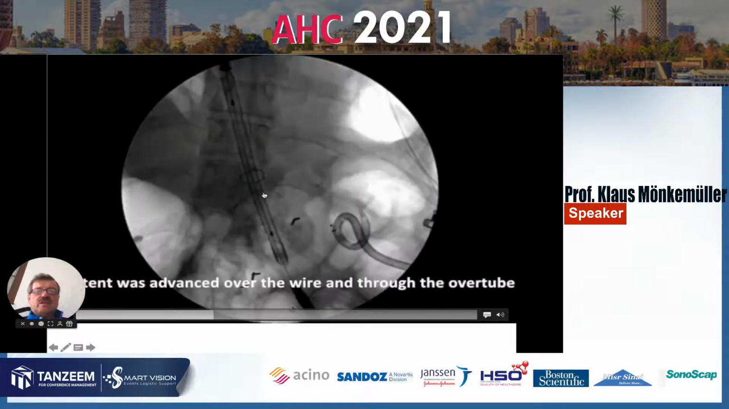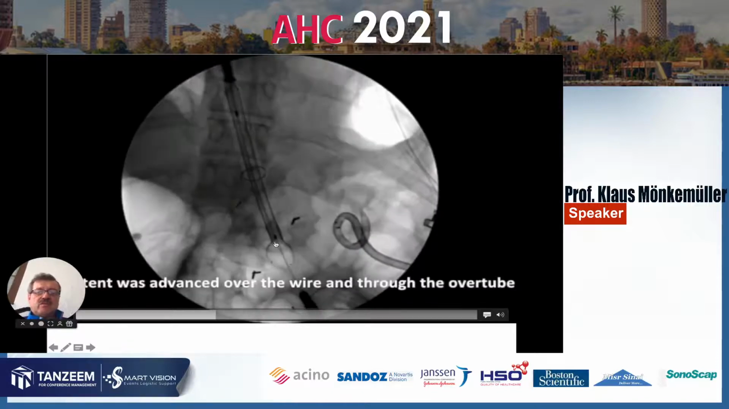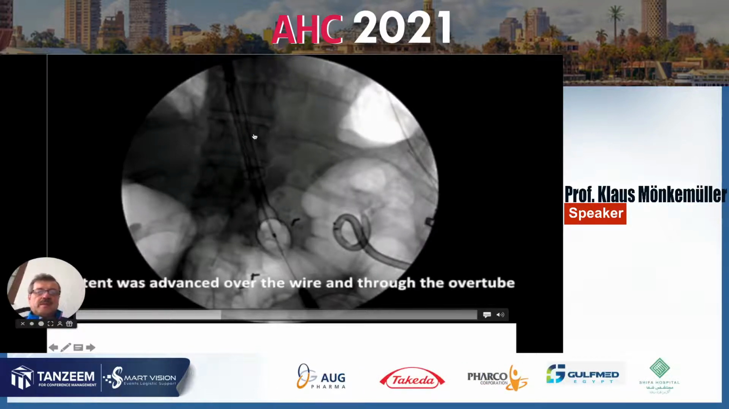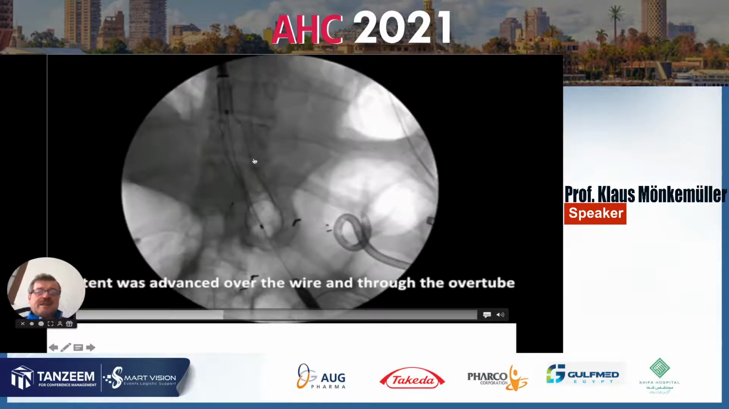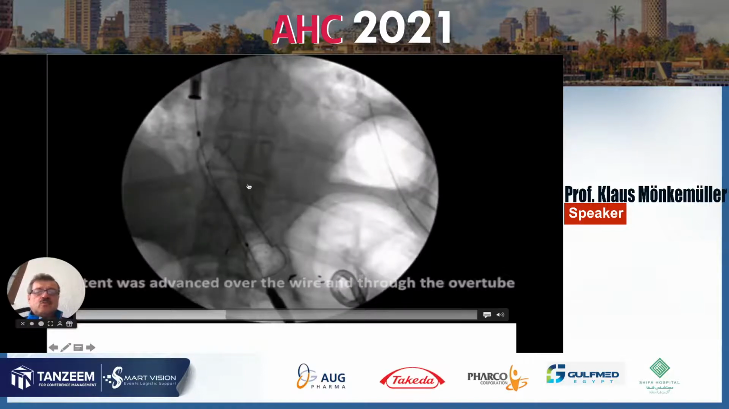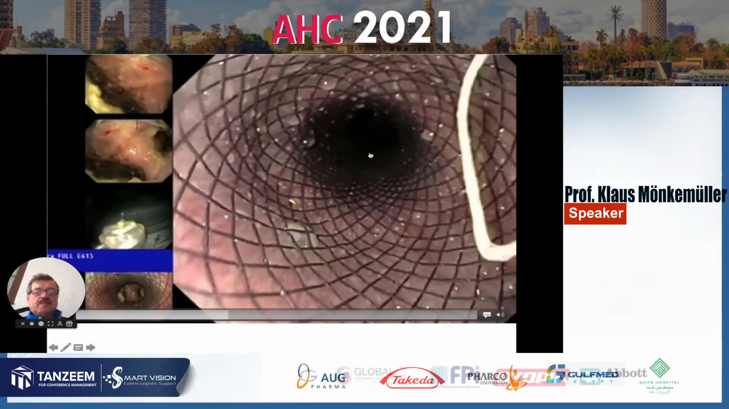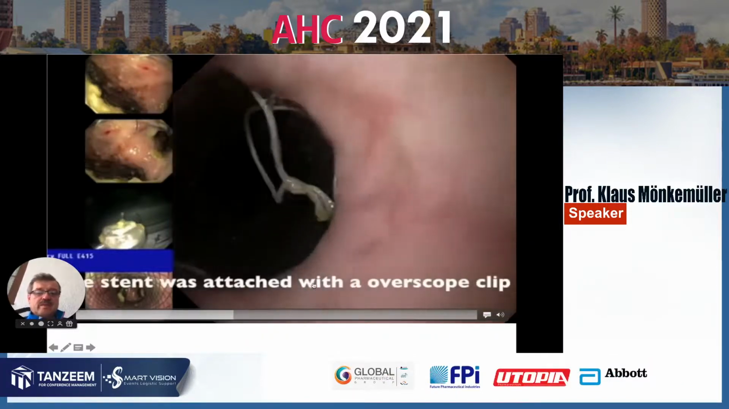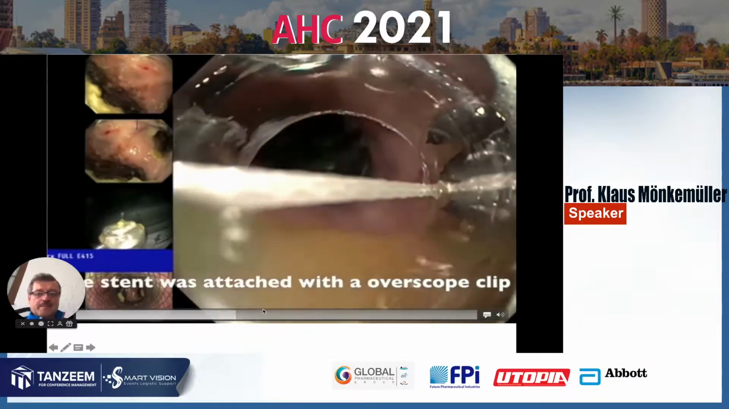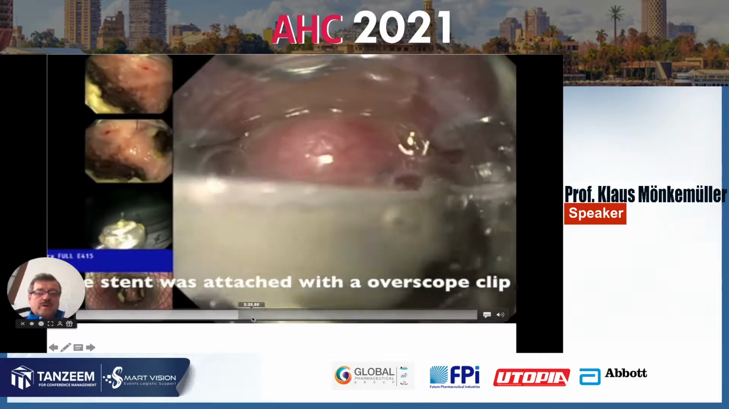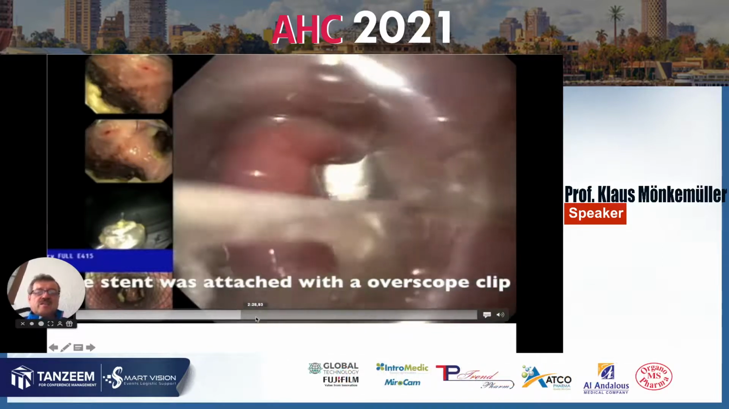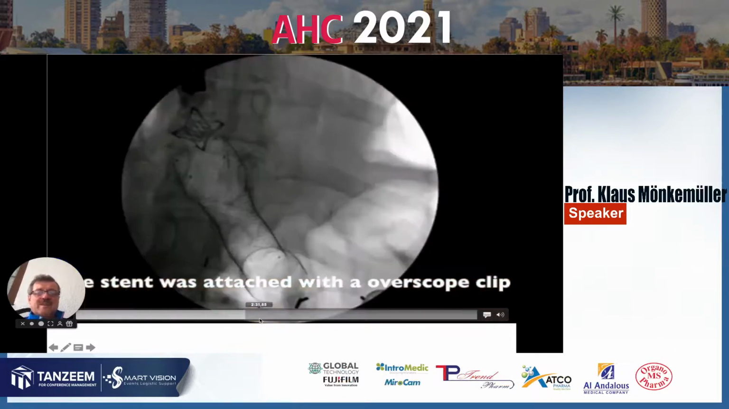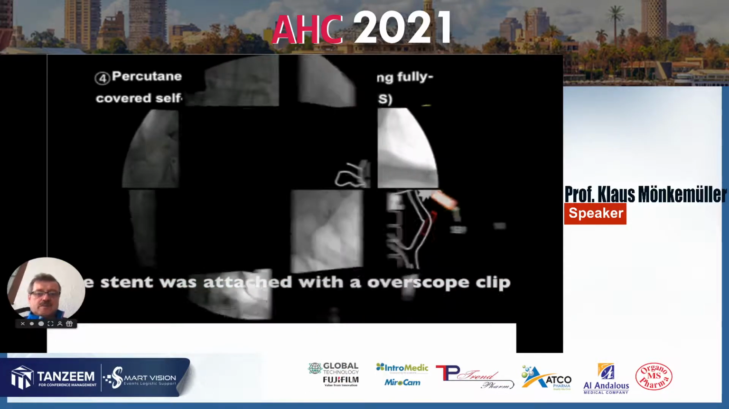Here you can see the stent being placed to reconnect the jejunum to the esophagus, at the area where the gastric pouch had adhesions and was connecting to the cavity. This stent was then attached with the over the scope clip. After the over the scope clip was placed and the reanastomosis had been performed, we did percutaneous drainage of the